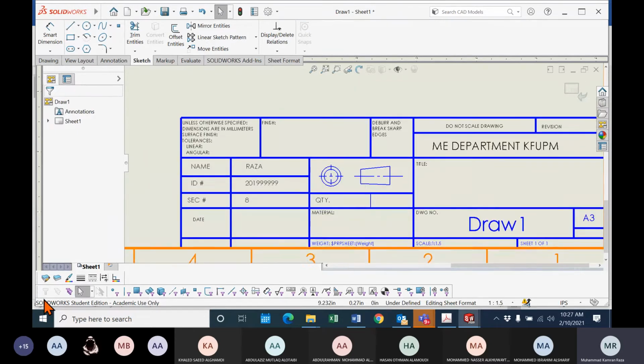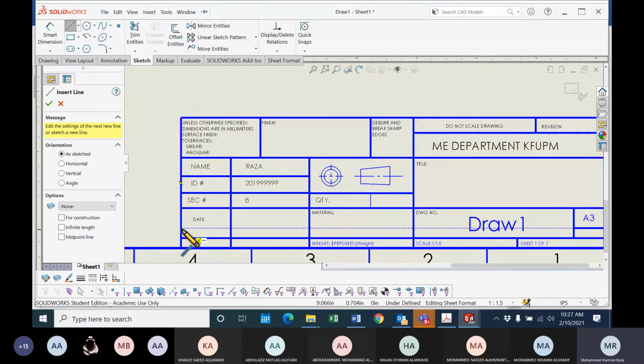Like this one. So if you want, you can draw any your line, use your own line. For example, if you want to draw any line here, you can draw your own line like same by using